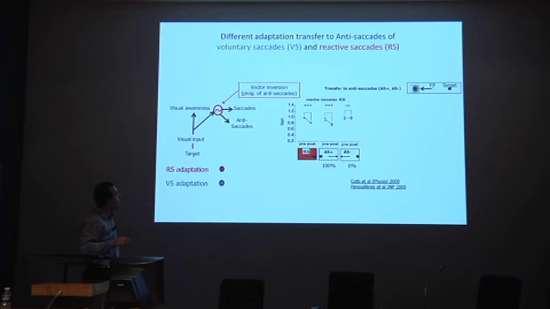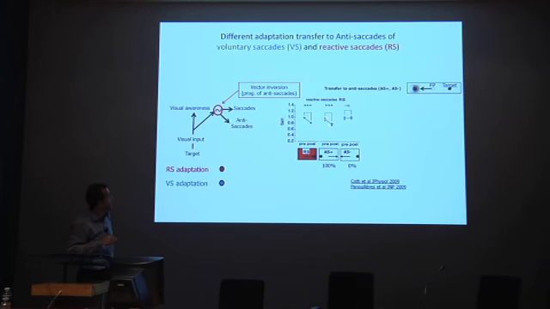And to do that, we again adapted reactive saccades and tested the two types of anti-saccades after and before adaptation. So the adaptation of reactive saccade is shown by this significant decrease of gain. And when we looked at the anti-saccade directed to the right, after having adapted rightward reactive saccades, we observe a full transfer. So the change was the same as for reactive saccades. And there was no transfer to the other anti-saccades.